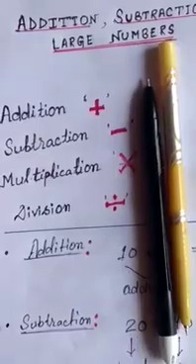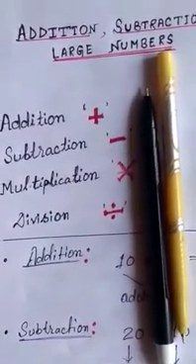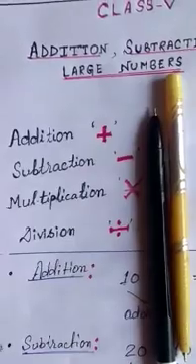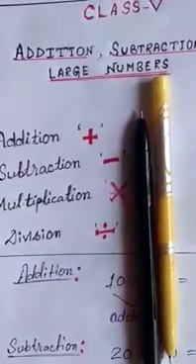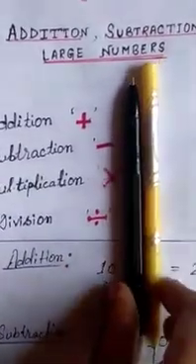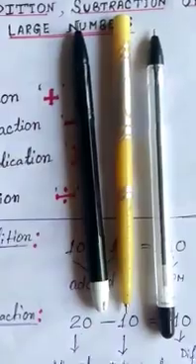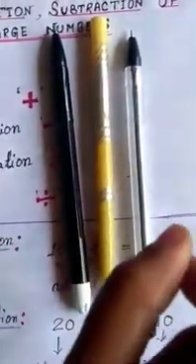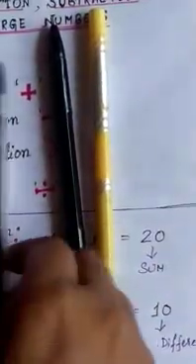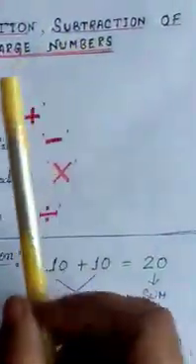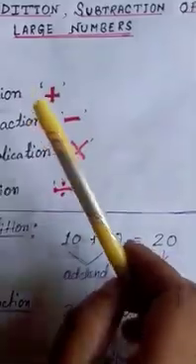So this term is already known to you. In mathematics, addition, subtraction, multiplication, division, these are the basic operations we are using in mathematical terms. If there are two pens here, and I give one more pen, then how many here? Easily you can say 3 pens. What are you doing here? You are just combining or keeping together. So addition means clearly just combining or keeping together.